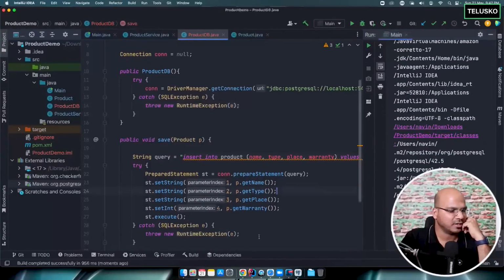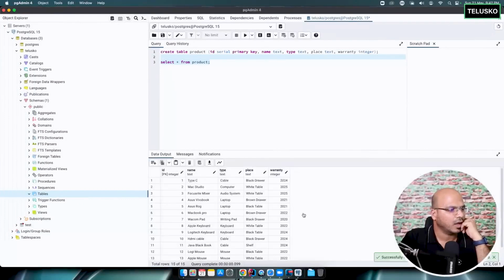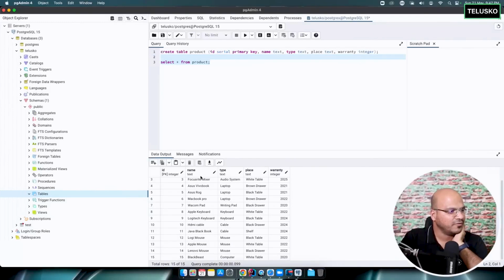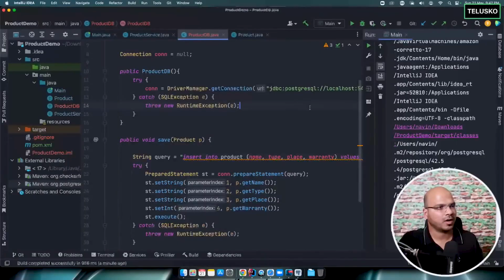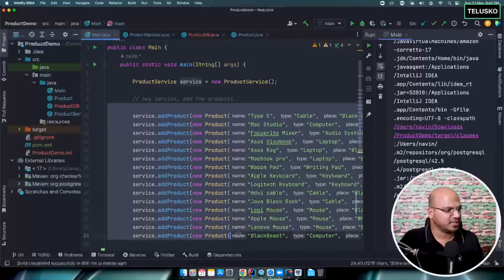Okay, let's see. How do you verify this? Let's open our pgAdmin and let's run this particular query. Oh, can you see that? We got ID, which is auto-generated, and we got all this data here in the database. This looks cool. Okay. Now, once we have entered the data, let me comment the entire section because now we